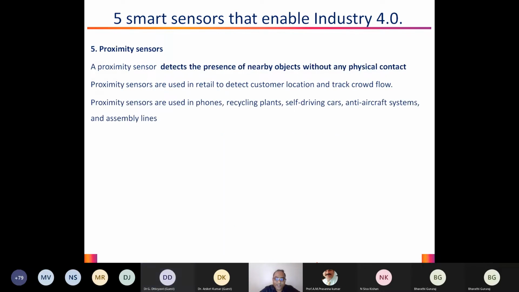And there is one more sensor which is quite popular in all electronic gadgets, that is the proximity sensor. It is a sensor that detects the presence of nearby objects without any physical contact. And if you notice, this is a sensor that is there in every cell phone. The moment you receive a call and start talking over the phone, you can notice that the display of the phone goes off, right? Once you start speaking for some time, the display will basically go off.